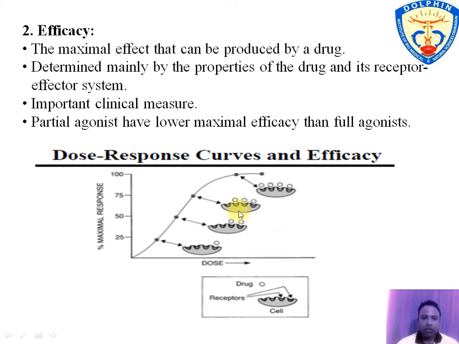The figure shows the binding of drug with receptor at different dose levels and the maximum effect achieved where binding of drug with receptor is maximum. In this figure, the interaction of drug with receptor produces 75% response, where interaction is high, and maximum 100% response is achieved where interaction is highest.